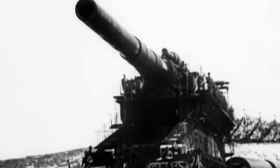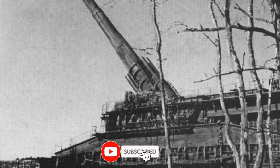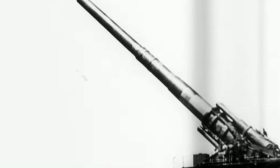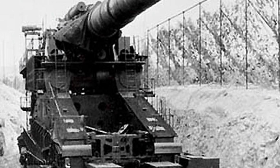It was developed in the late 1930s by Krupp as siege artillery for the explicit purpose of destroying the main force of the French Maginot Line, the strongest fortifications in existence at the time. The fully assembled guns weighed nearly 1,350 tons and could fire shells weighing 7 tons to a range of 47 kilometers. The gun was designed in preparation for the Battle of France, but was not ready for action when that